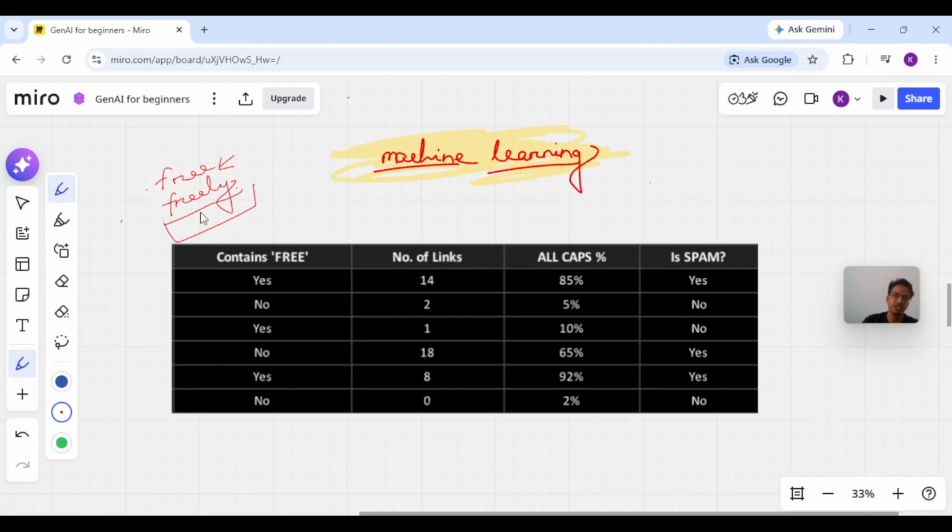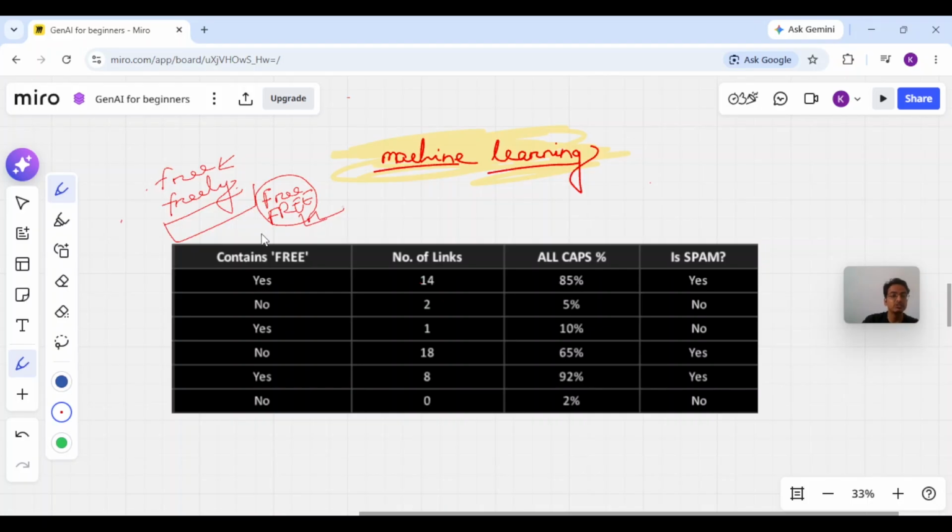For example, free and freely, or if the word came as FREE in capital letters and is not written properly, there is a chance you're going to bypass it. But what machine learning does is